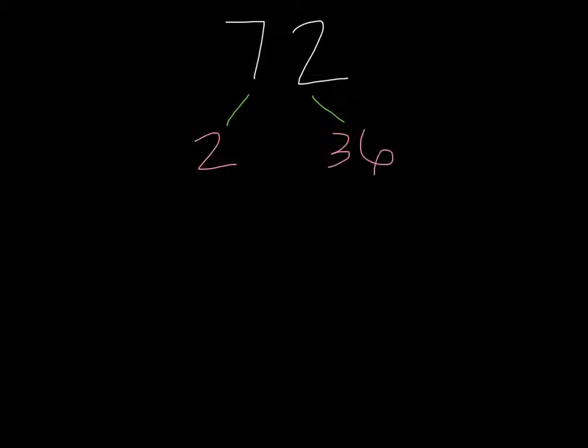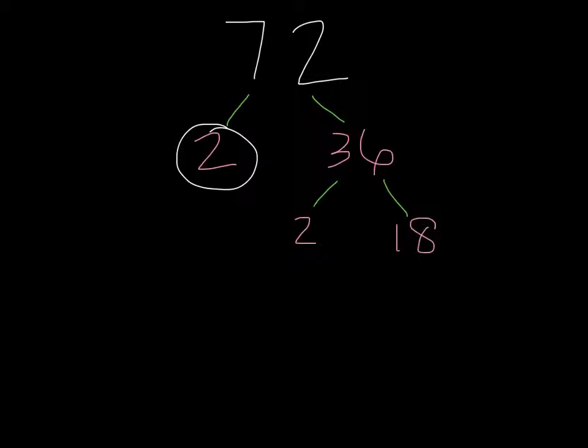Now we have to decide, is 2 or 36 a prime number? Yes, 2 is a prime number, so we can circle it and stop using that branch. But 36 is not a prime number, so we have to make 2 more branches off of 36. So 36, let's see. I know that 36 is divisible by 2 once again because 6 is an even number. So 36 divided by 2 is